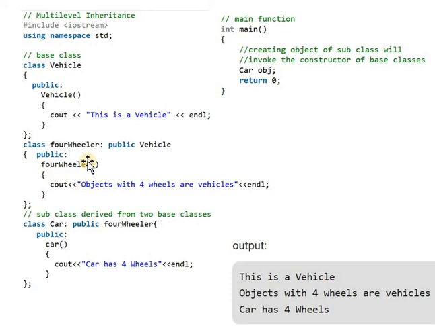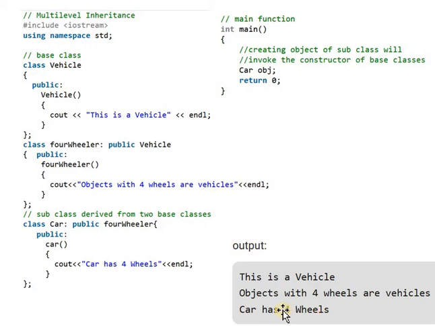Then after that, the child class is executed. In the third level, there is a child class Car. In the Car class we are defining a constructor, and in that constructor we are simply displaying a message. So it will display the message "Car has four wheels".